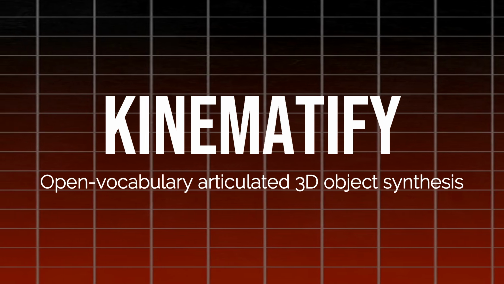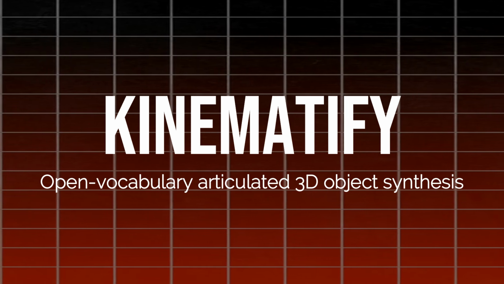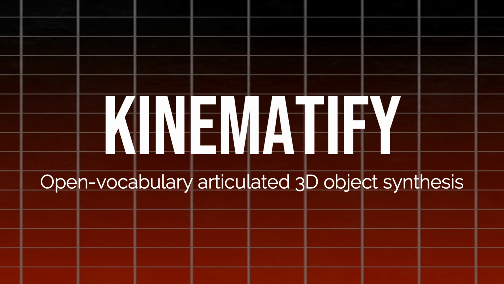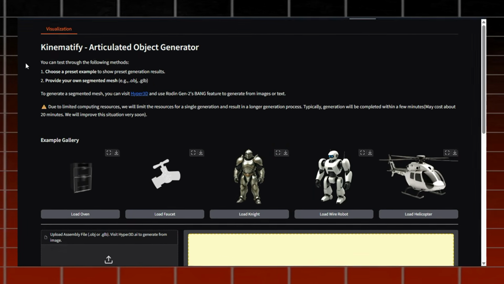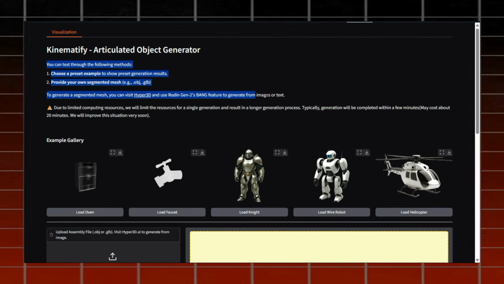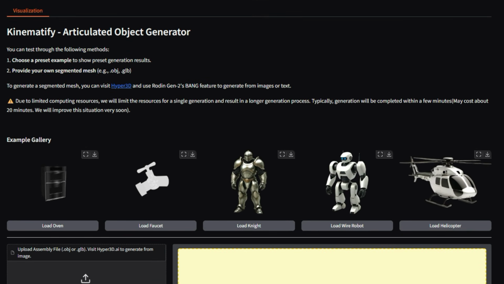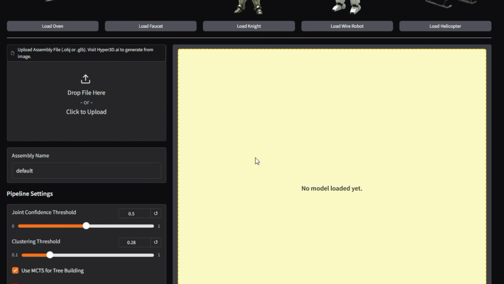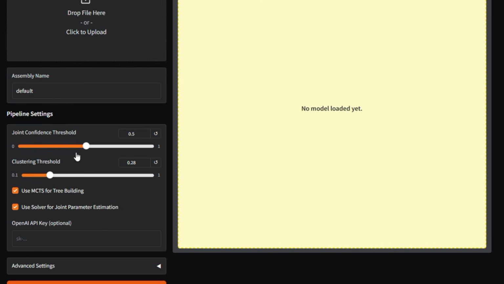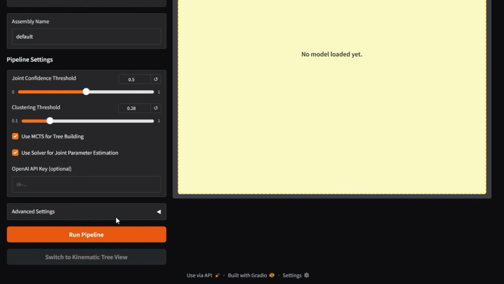Project number 7, Kinematify, Open Vocabulary Articulated 3D Object Synthesis. Meet Kinematify, a Hugging Face space that showcases an articulated object generation demo for turning everyday objects into high DOF, physically consistent 3D assets. The space itself is a lightweight static page that simply embeds the full Kinematify web experience so you can open it in your browser and interact with the system without installing tools or code. Behind that UI sits an